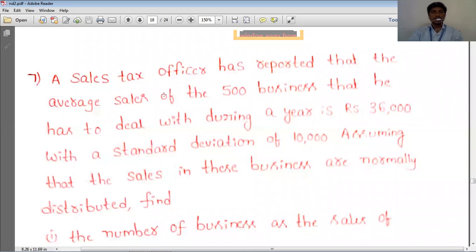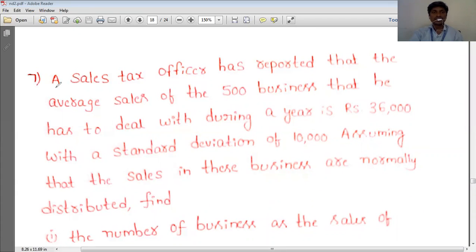Next one: a sales tax officer has reported that the average sales of the 500 businesses that he has to deal with during a year is 36,000 with a standard deviation of 10,000. Assuming that the sales in these businesses are normally distributed, find the number of businesses whose sales are